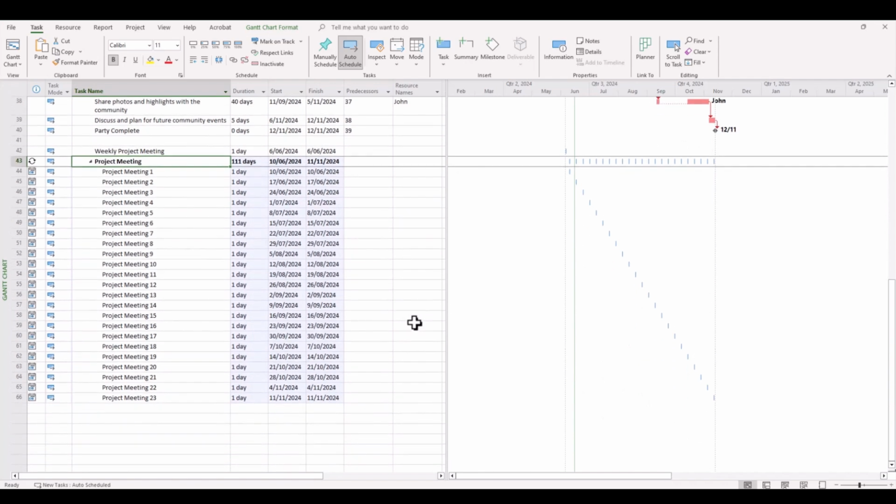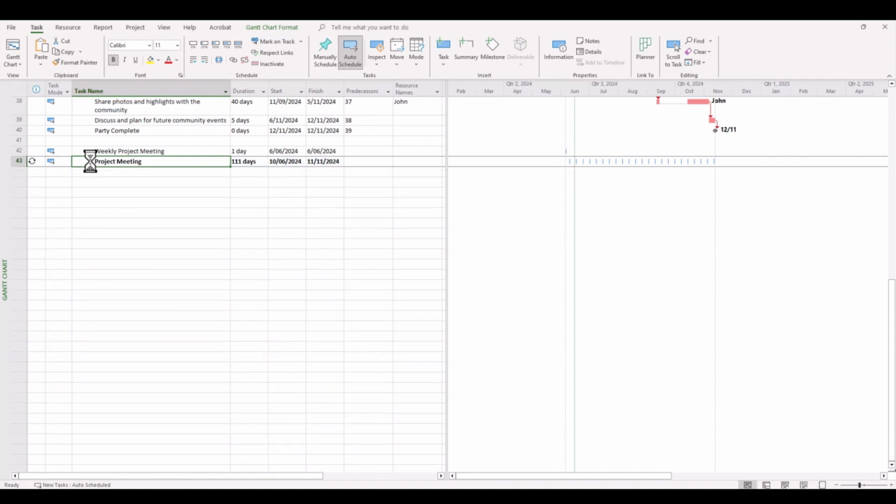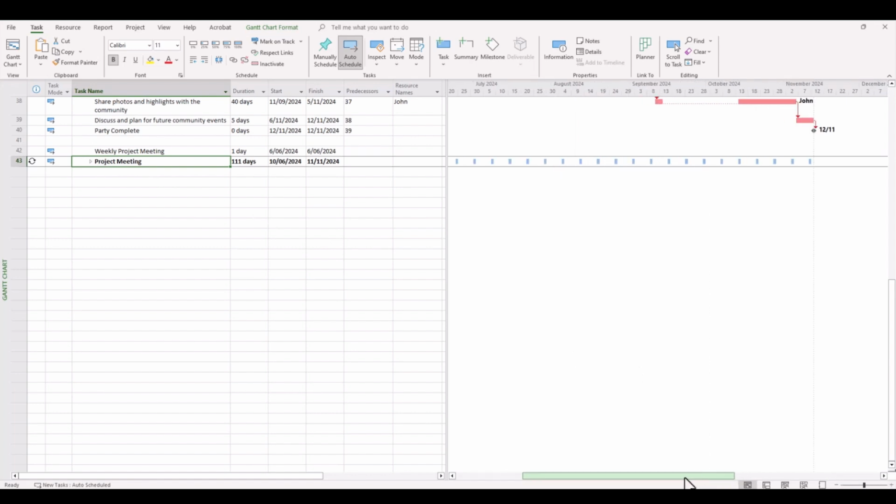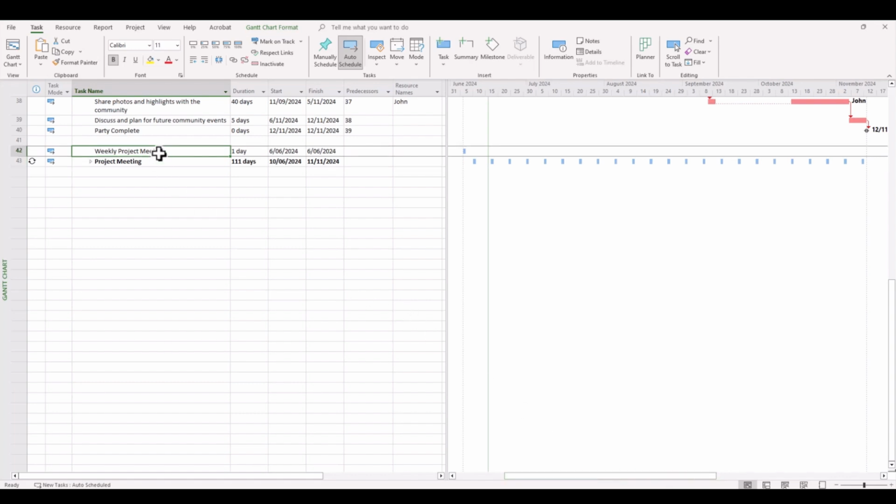Now, some might find this a little tedious, but if you do, simply tidy this up by collapsing the list of meetings, but you'll see that the meetings are still captured on your Gantt chart, and then when you go to apply resources to this, these resources and the time taken for these meetings are also captured. So you might like to just tidy this up a little bit further by outdenting the weekly project meeting so that it looks a little more presentable. So no doubt quite a useful mechanism here in Microsoft Project for those ongoing, recurring pieces of information that we need to capture on our Gantt charts.